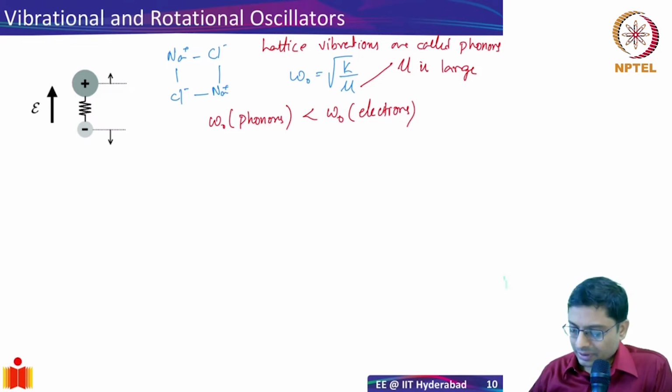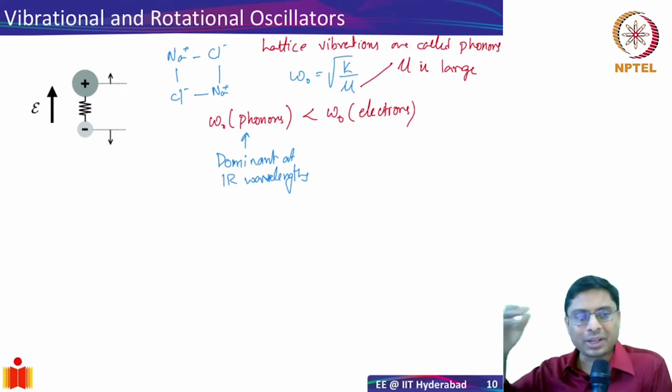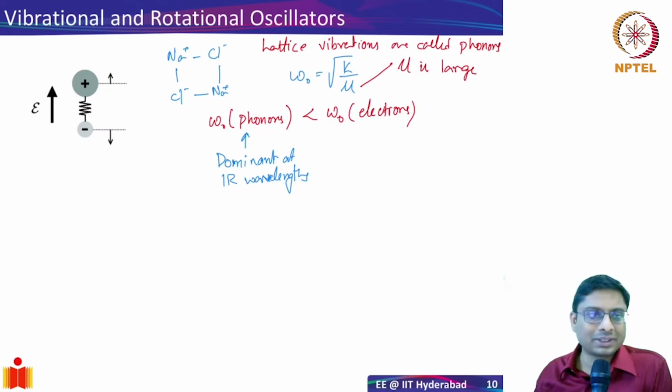For example, the phonons we talked about are dominant at IR wavelengths. I would say in the 3 micron to 10 micron range. Typically, you can also have some longer, up to 25 microns. But these are typically in that range, around 10 to 100 terahertz. Whereas electronic oscillators are dominant at